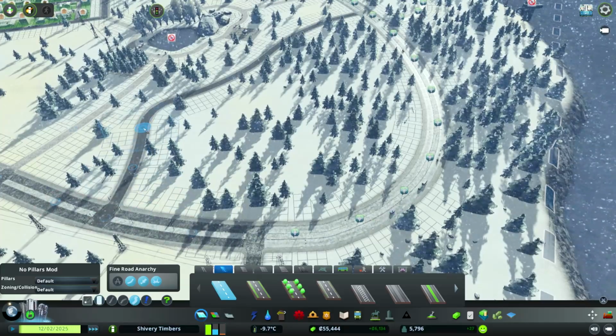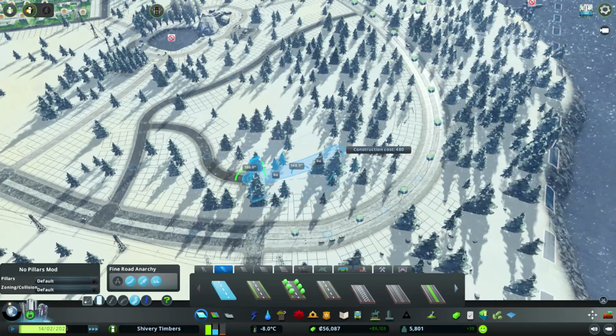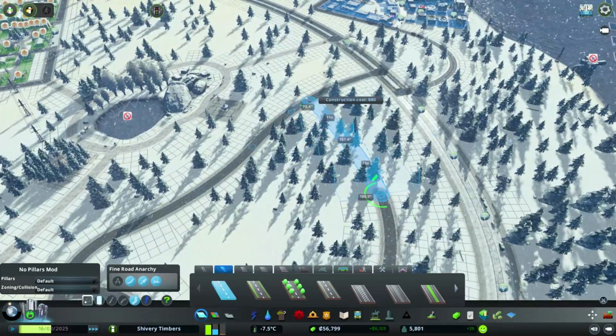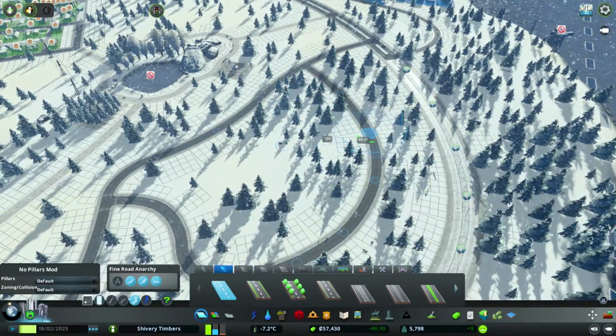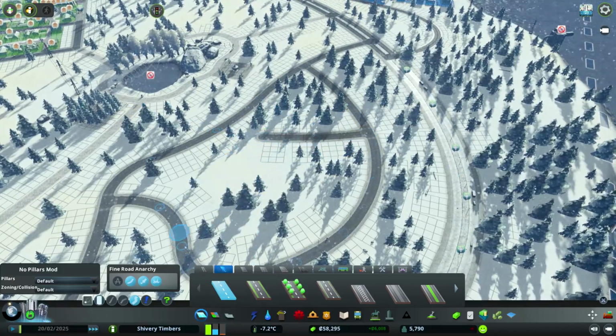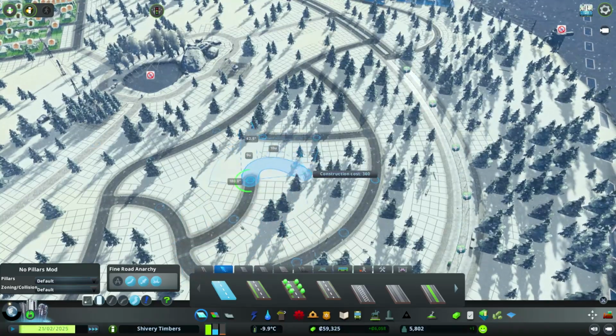And then we can have one that comes out. Because I don't want it to touch the main road directly. I want as few points on the main road as possible. And then we'll have a cul-de-sac or two in the center here. Just like this. And then we can have one that comes in like this. And maybe